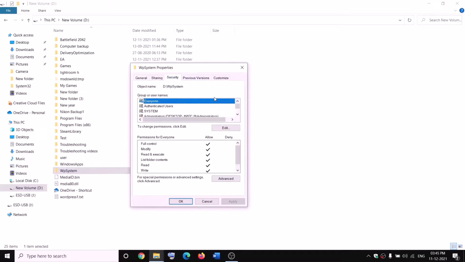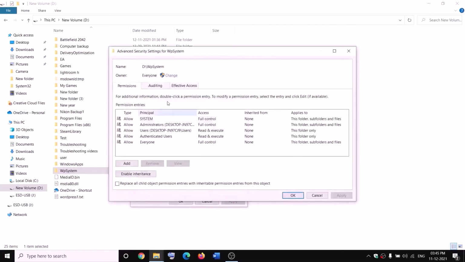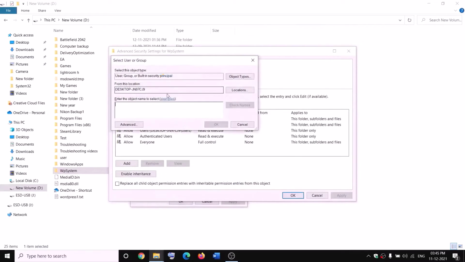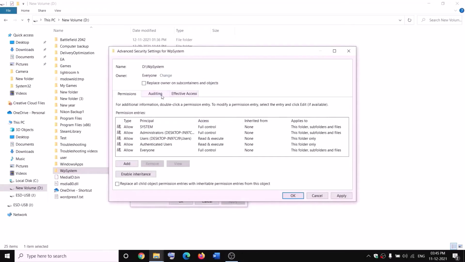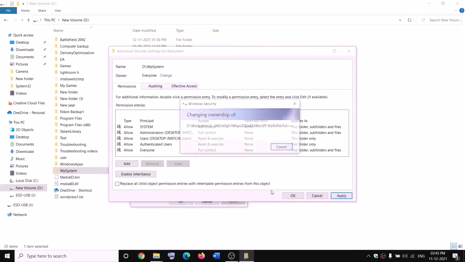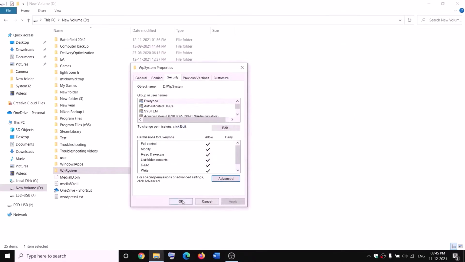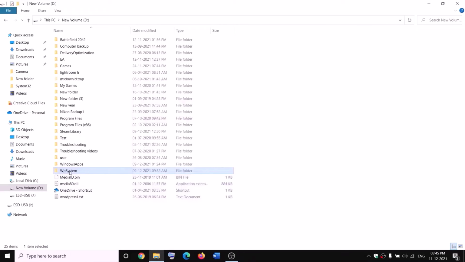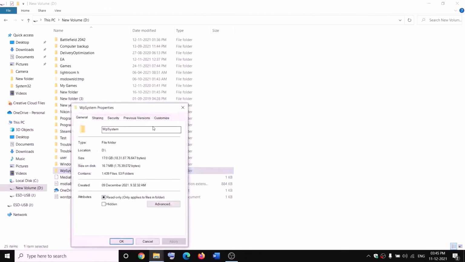We will go ahead and take the ownership of this folder. So go to security tab and then click on advanced. Now click on change over here and then type in everyone over here, everyone, and then click on check names, then click on OK. Now put a check on the box which says replace owner on subcontainers and objects, and then click on apply. OK, OK, OK,